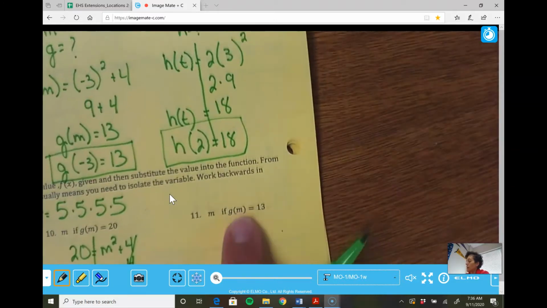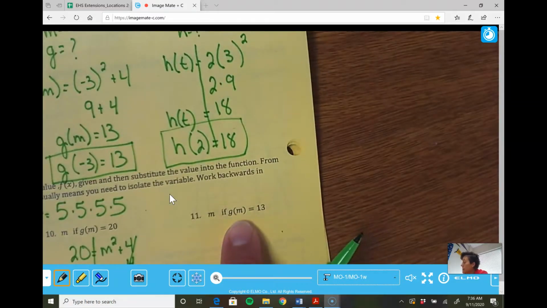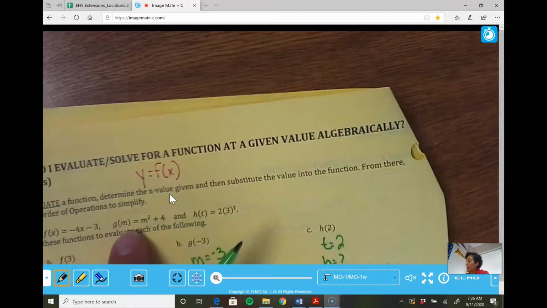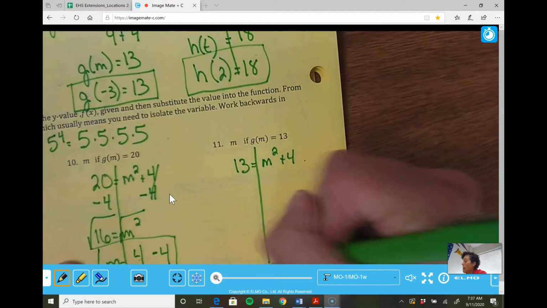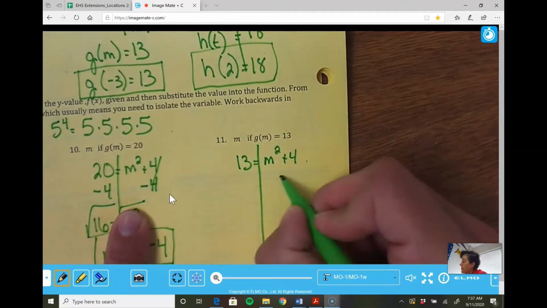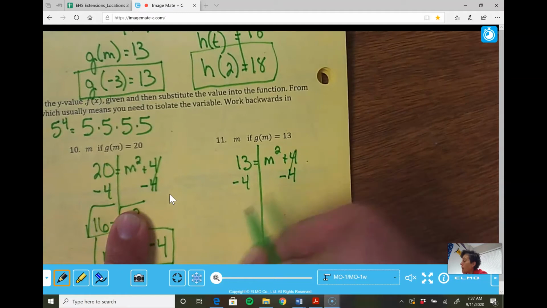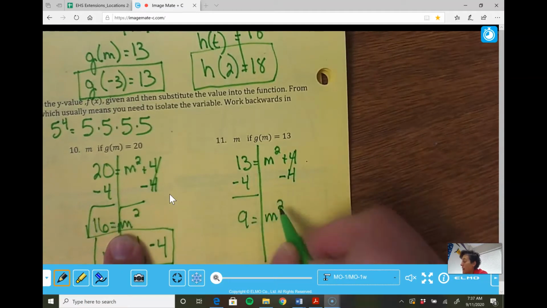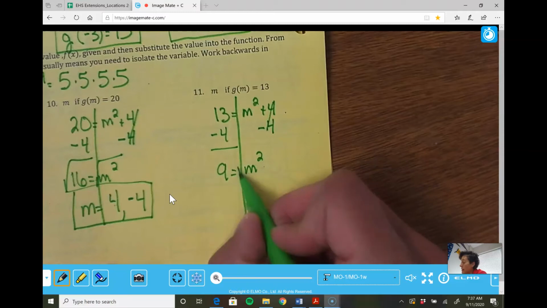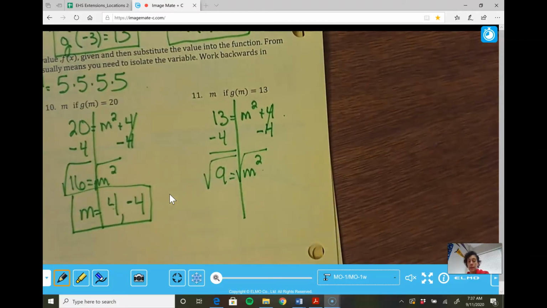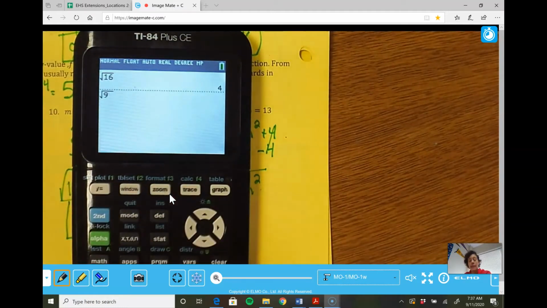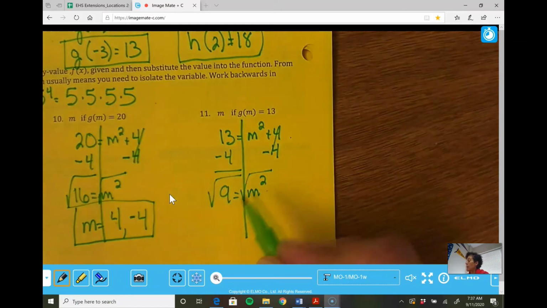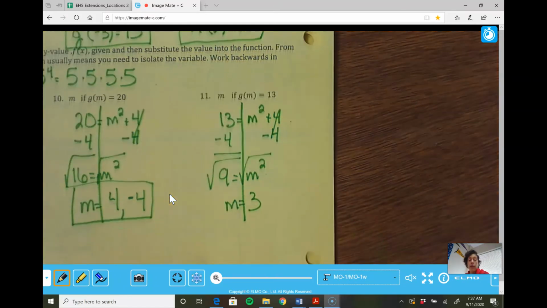All right, last one. We're going to do g of m again. I'm going to take the 13 and put it into here. So it'll be 13 equals m squared plus 4. I'm going to draw my wall, and I'll do the same steps because it's the same problem. So subtract 4, subtract 4. Now I get 9 equals m squared. Now to undo the square, I can square root. If you take the square root of 9, again, you can use your calculator, you'll see it's 3. But you have to remember that not only is 3 squared, 3 times 3, 9, but